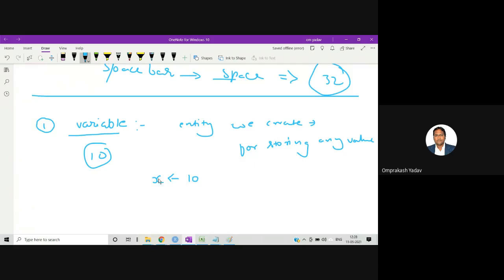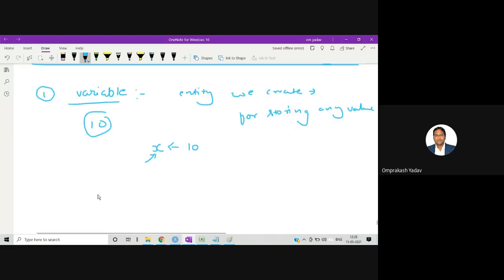Now the variable can have a proper name. Here I've written x, but by looking at x, nobody can tell which kind of variable it is. For example, suppose I want to get the name of a particular person, so I declare my variable as name. By looking at this variable, I can understand I'll be taking the name. Let's say I want the average height, so I declare my variable as avg, or average.